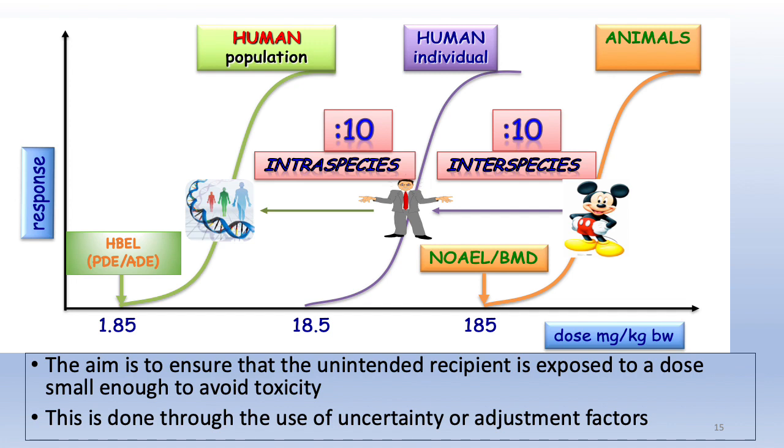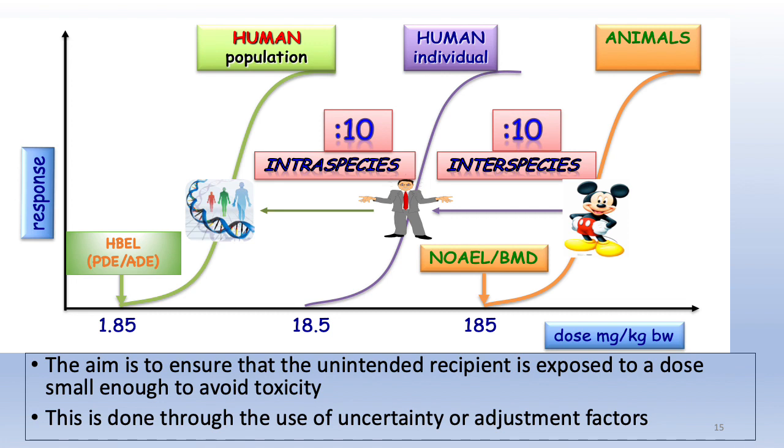So at 185 milligrams per kilogram body weight, there is no response. But as you continue increasing the dose, moving to the right, we see that there's a response going up there. So when we are working with our health-based exposure limits, basically what we're trying to do is, because the first studies are ordinarily done in animals, which is what the orange line represents, but then we know that human beings are not animals. So by virtue of that, there is always some form of safety factor which is put in to account for